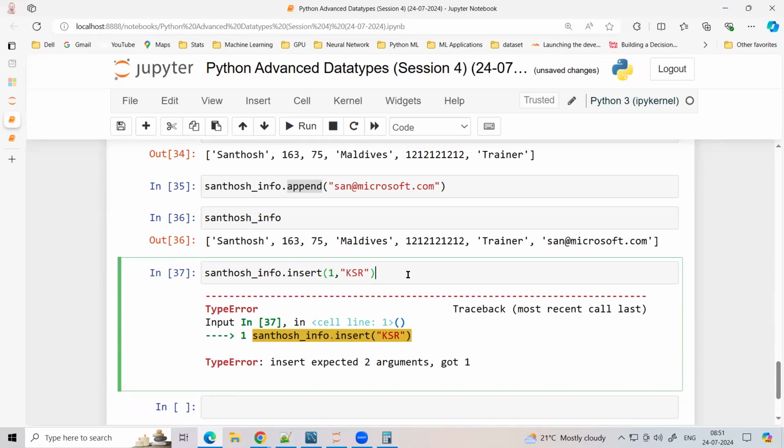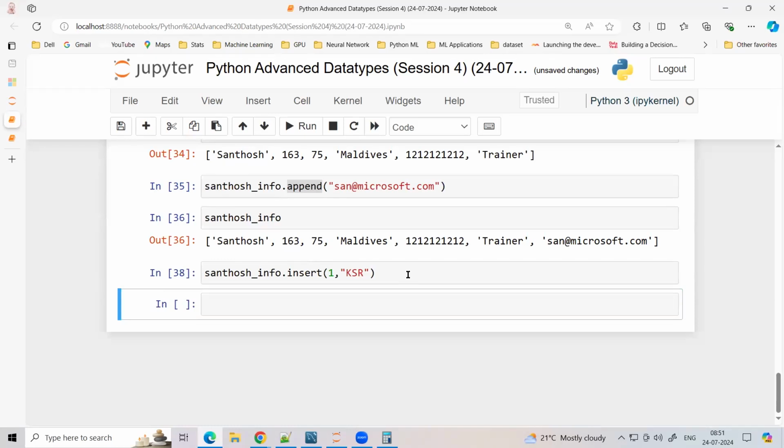So I will insert it now. Now it worked. So that means the insert function is expecting two parameters. The first one is the index, where you want to store. The second value is the actual value that I'm going to store. Now if I go and write this,